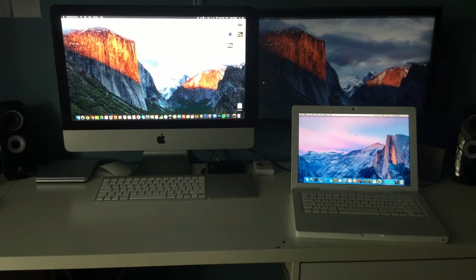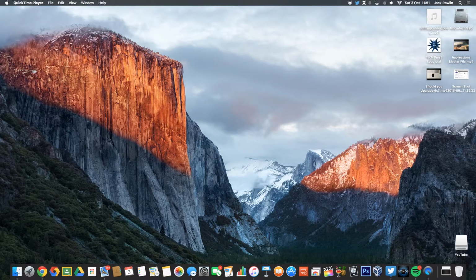Now, first of all, the changes are only very minor, but they do help out a lot. So if I just switch over to the iMac screen now, you can see that if I open Spotlight with Command Space, instead of it being in a fixed place,